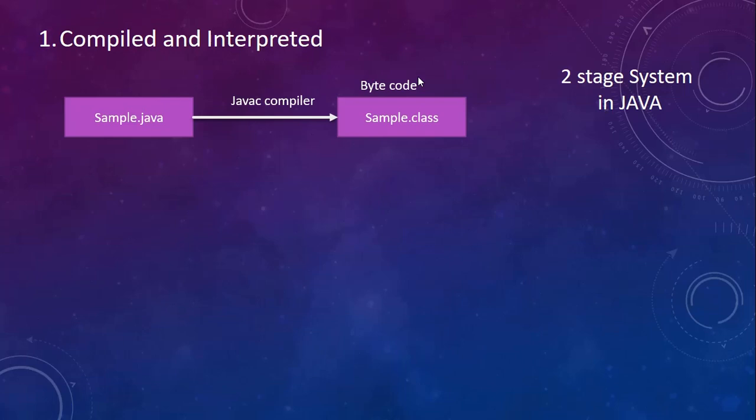This is how the standardization is ensured. No matter what PC you use, the bytecode will be the same. But the second question comes now. Although each PC has the same intermediate bytecode, the machine instructions that each PC will understand will be different, based on the instruction set designed for that particular processor. If I am working on a Pentium processor, it will have a different set of machine instructions designed by its creators. A Spark processor will have a different machine instruction set. So instruction sets will be different.